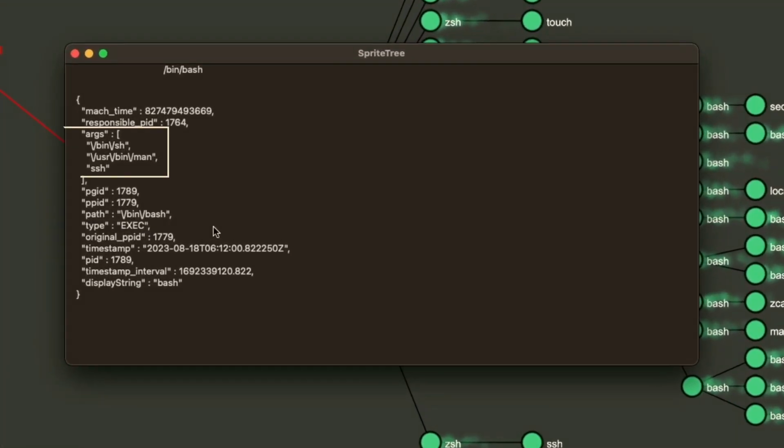What we see in the full details is that the bash processes do in fact belong to a shell script. This is due to the fact that the man command, the manual command to look up the man pages, is not a binary executable. It's actually a shell script. So when it runs, it kicks off a bash instance, and then nearly every command within that shell script launches a new process. That's why we end up with this very large tree from when we looked at that manual page for SSH.